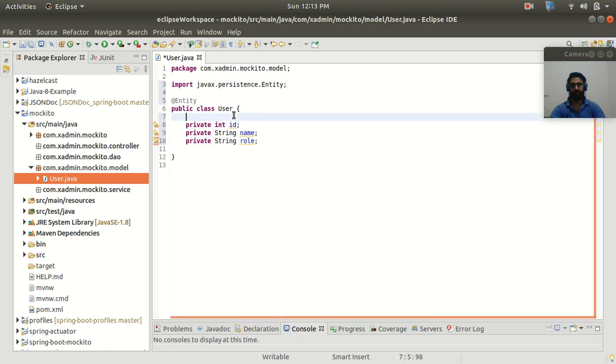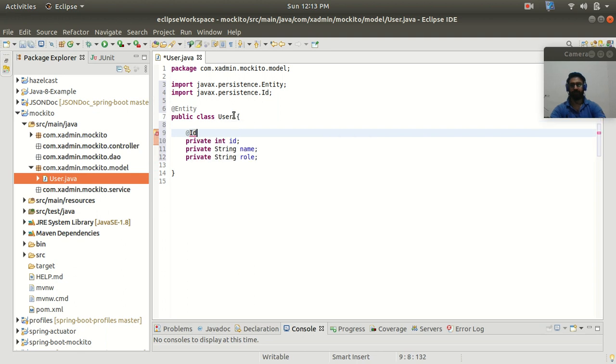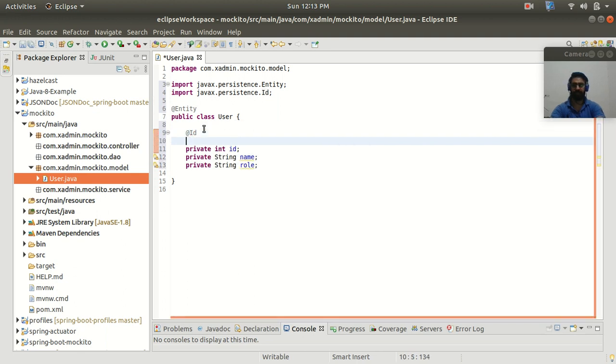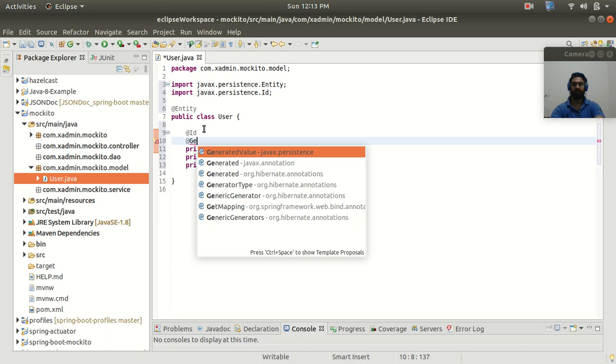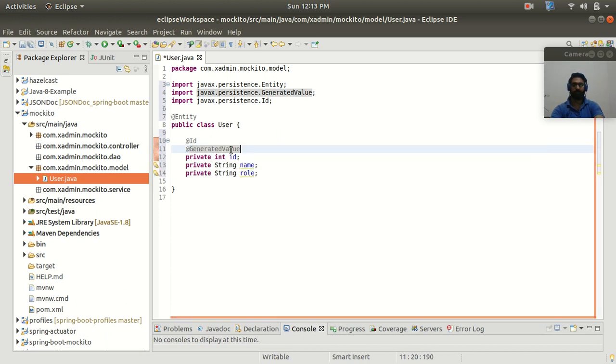So these are the three attributes I have added, and here I want that ID should be my primary key. So at the rate ID annotation, and here I want that ID should be auto generated. So here I am using generated value.